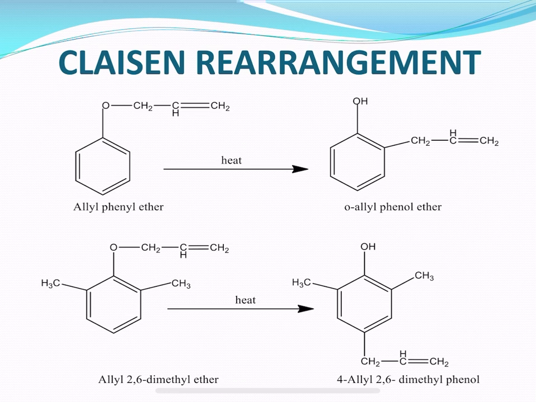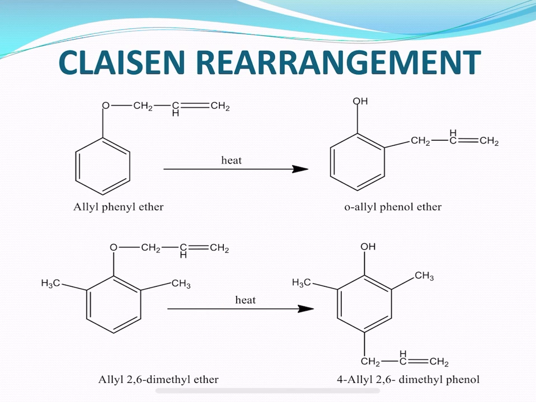The allyl group migrates to the para position. For example, here we have taken allyl 2,6-dimethyl phenyl ether, which upon heating, at more or less 473 Kelvin,